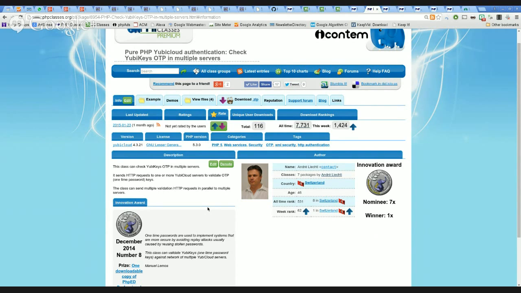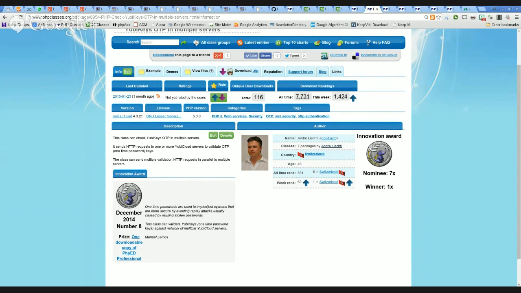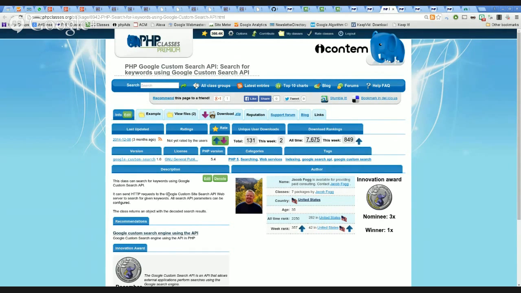So, it's YubiKeys, I suppose this is a product that generates one-time passwords, and it can check them with a cloud of servers. So for this, Andre picked one downloadable copy of PHP Ad Professional. And the next package that I wanted to comment is